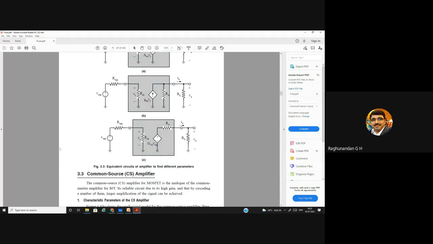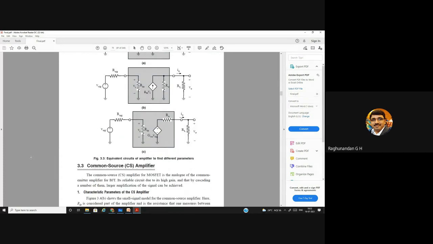After this, we are having the common source amplifier. We have around four derivations among this. After that, we have the internal capacitive model and the high frequency and low frequency response of this MOSFET. So this is not a very big chapter, and can be finished off in another 2-3 classes.